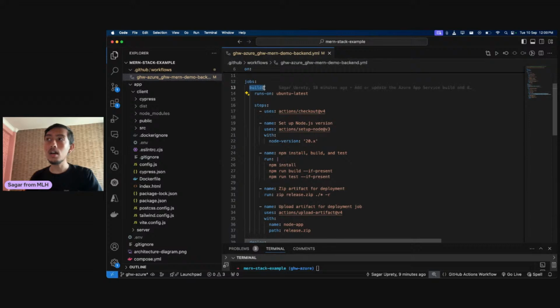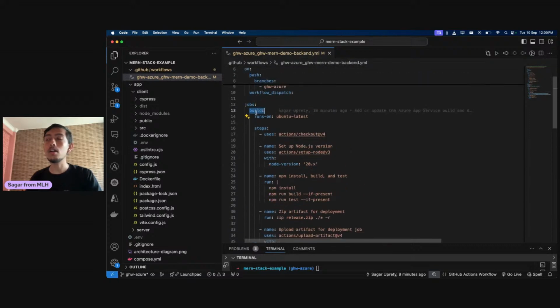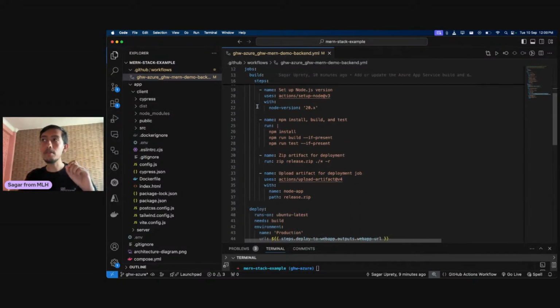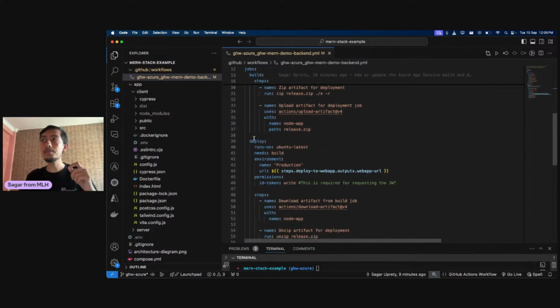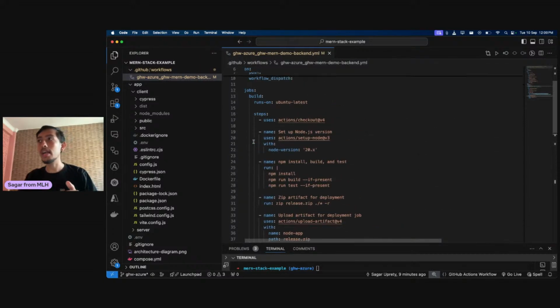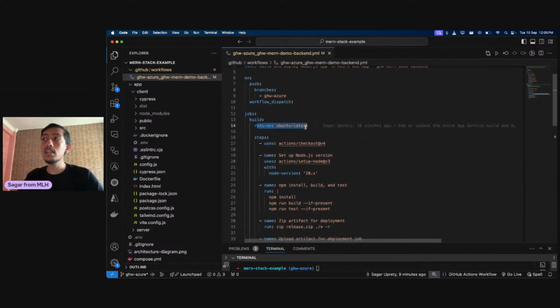So we have different steps. Like I said, we have two different steps over here, mainly the jobs, which are the parent collection of different steps. So two different groupings of steps. First, we have the build, which will actually build our application, and then deploy, which will actually deploy the application to Azure, right? So first we have build, and like I said, these jobs need to run on a different